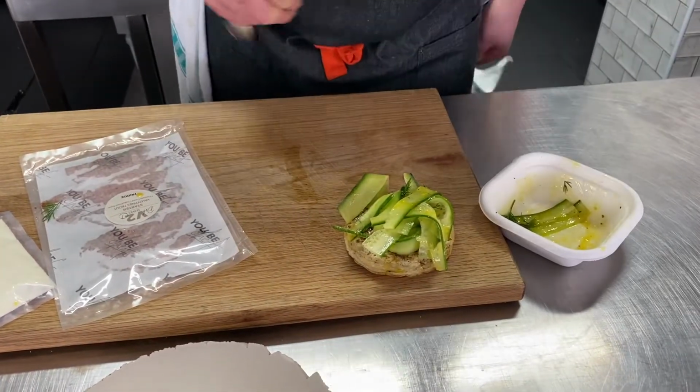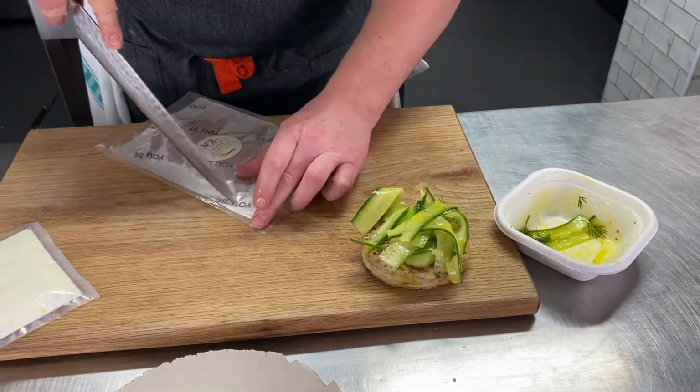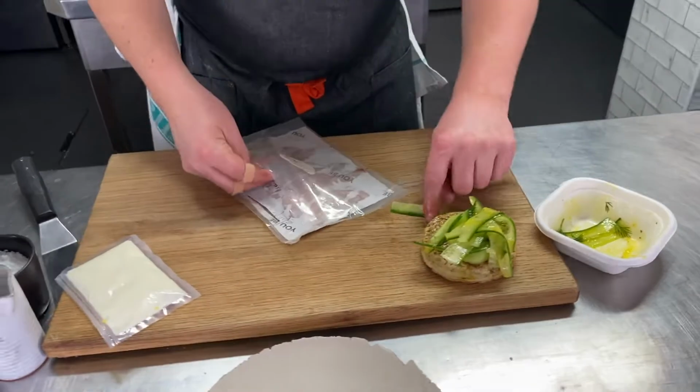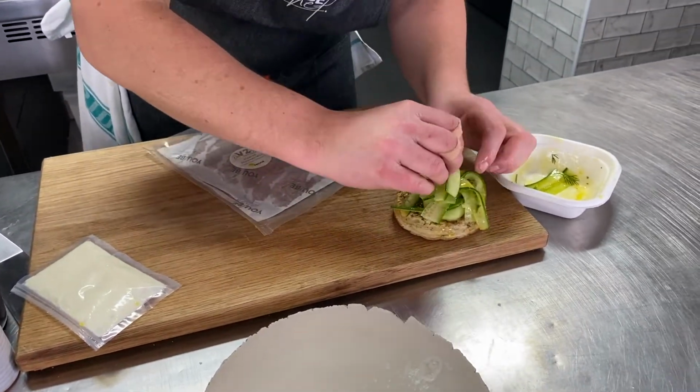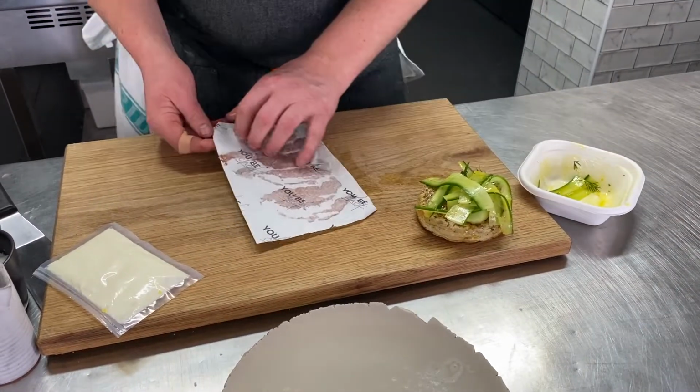I'll leave a couple for the top. Next bit, let's get our pastrami out. So, slice open your bag. A piece of naughty cucumber just falling off there. Slice open your bag. There you've got